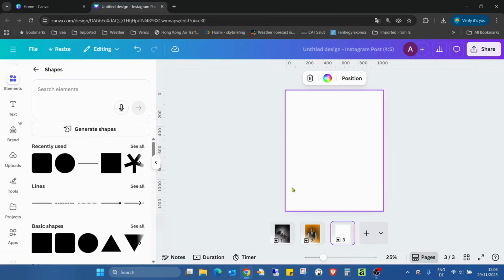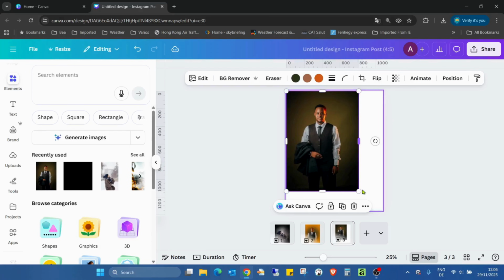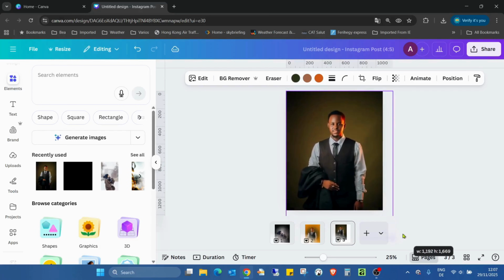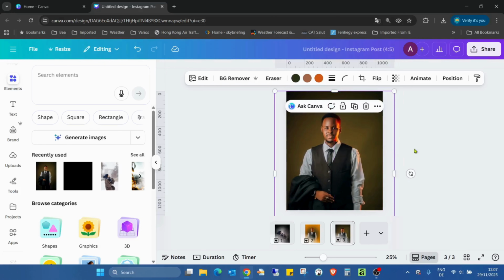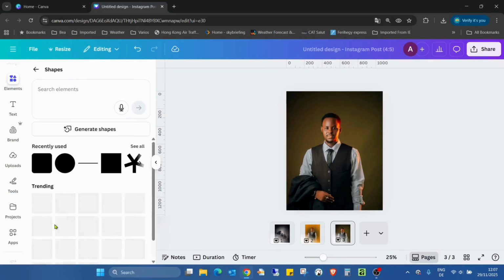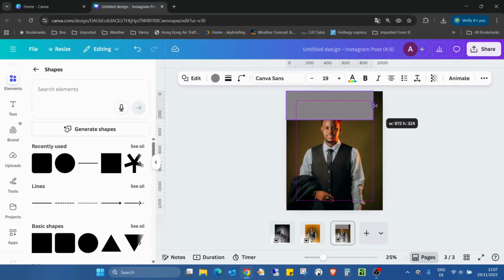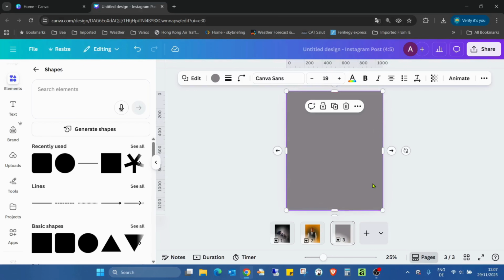So I just need a new image. I will use the same one as used before, like here. And if you see my previous video, the technique will be very similar. So I'm just adding a rectangle. We can still use the letter R to add this rectangle, but we can also use